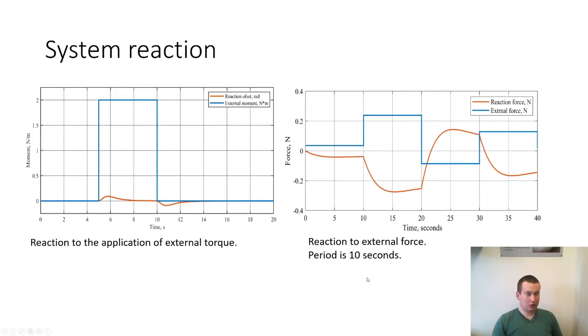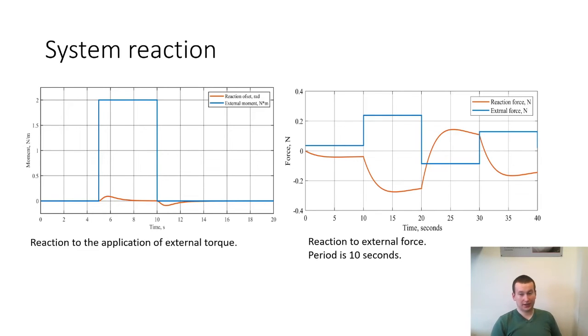To evaluate our simulation, we have conducted several experiments. The first graph which you see is the result of the experiment in which we added external moments to the frame of our drone and saw its reaction. It seemed that our drone kept a horizontal position, and after 2 or 3 seconds after applying an external moment, it came back to a